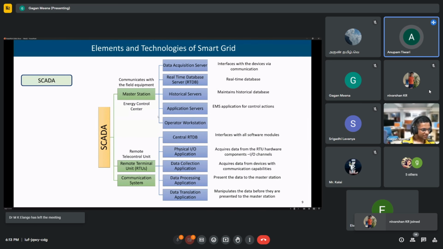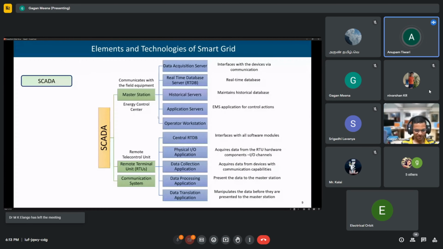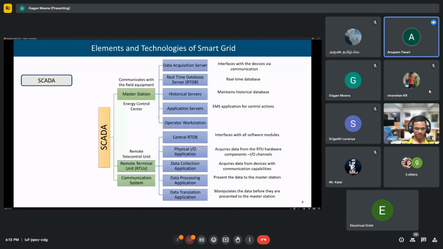Sir, excuse me, I have one question. Yes. Sir, the data processing application, which I understand only does the processing, but whenever data is communicated, it is from the physical I/O application. So how can we say that the data processing application communicates with the master station? I think the physical I/O application is always